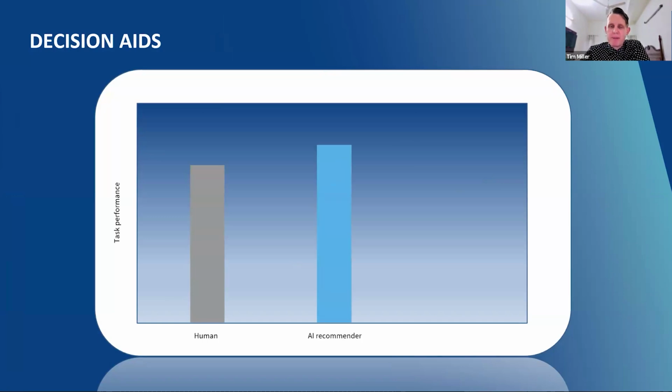Sometimes we can have an AI recommender system that's even better because it's got access to more information. It's really good at recognizing patterns. It's not fatigued, all these other things. And what we'd really love is to say exactly what Charlie said, the author of this paper hoped: if we put a human in the loop, they'll find the mistakes that the AI makes, and together they'll be better. But what we see is exactly what Charlie showed from that JAMA study, which looks a little bit more like this.